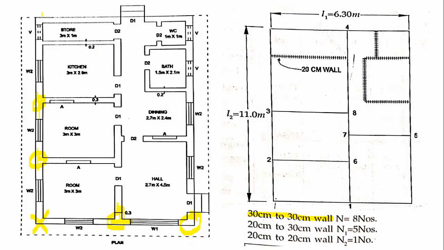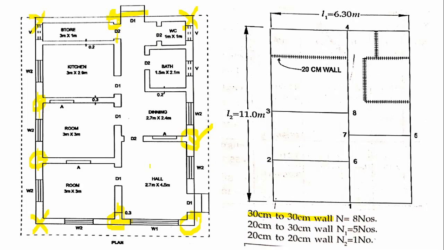This is a corner, we will not have any junction. This is main, this is cross wall, so here we will have one junction. At this corner we will not have any junction. This is main wall, this is cross wall, but it is 0.2 meters thick, so therefore we will not have it here. Afterwards we will take it. Here also 0.3, 0.2 we have. Next we will come here. This is 0.3 by 0.3, so here we will have one junction.